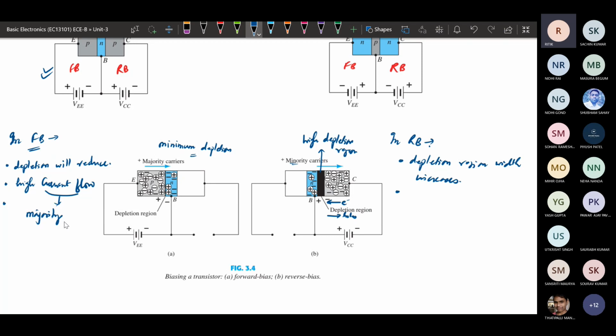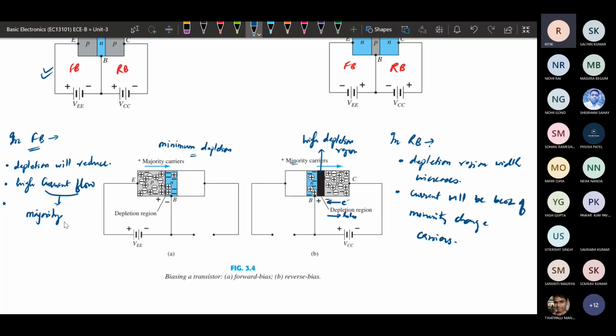So we can see that in case of forward bias, the current is flowing from P to N region, and similarly in case of reverse bias of the collector junction, the current is flowing in the same direction. Once we combine them, we will get the total current flow. Here the depletion region has increased, so the current will be because of minority charge carriers.